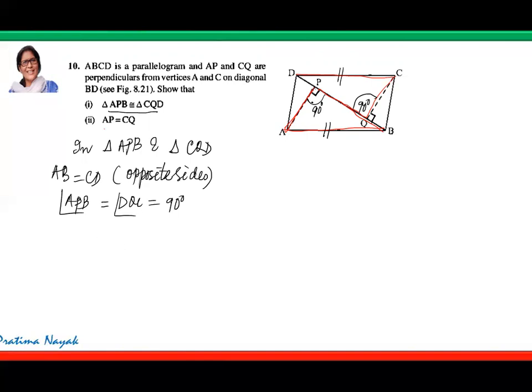What next? Is there any side? Is AP equal to CQ? No, it is asked to prove. Is DQ common? No. Then you have to think of an angle. I'll take this angle. Just see which one, CDQ and ABP. Why are they equal? Congruent. They are alternate angles. So angle ABP is equal to